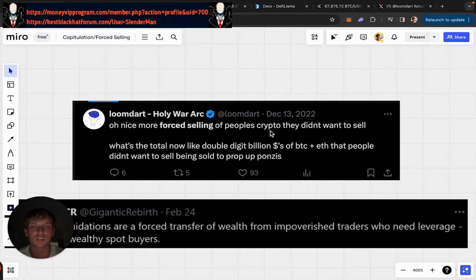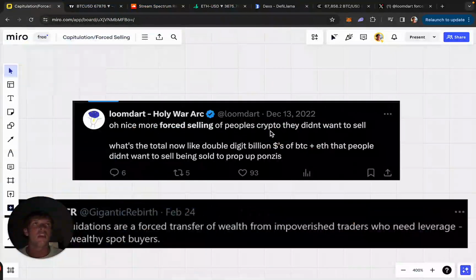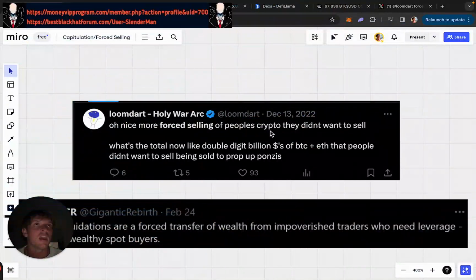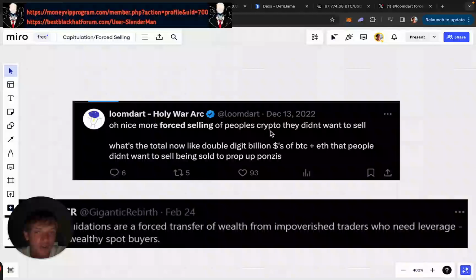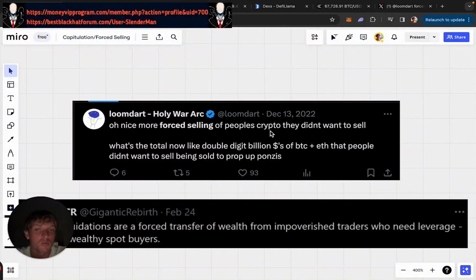So you can see that there were a lot of people who had lost a lot of money, and a lot of these protocols like Celsius, for example, these big companies basically had to shut down their entire company, declare bankruptcy, and sell their portfolios, their coins, to be able to refund people.